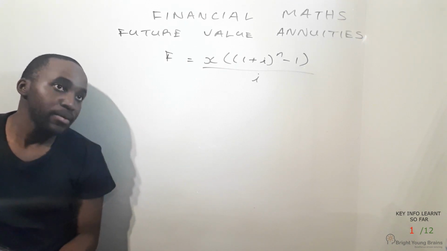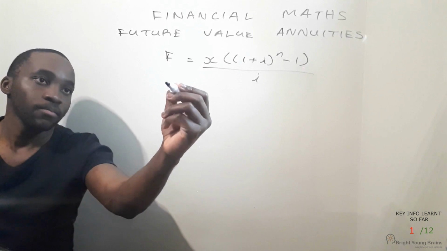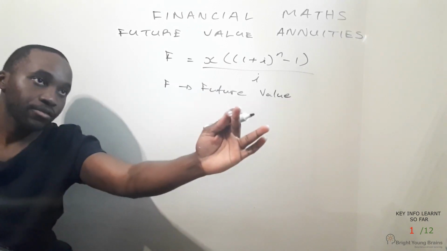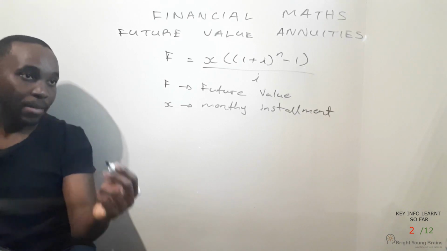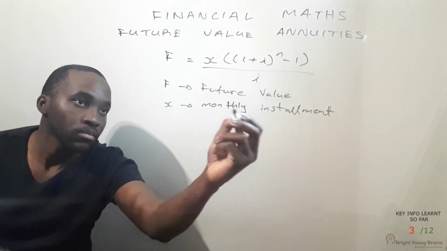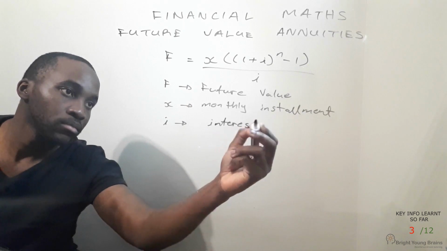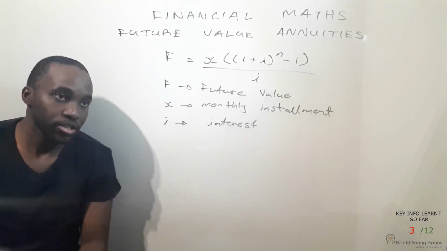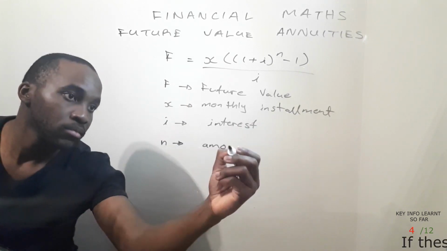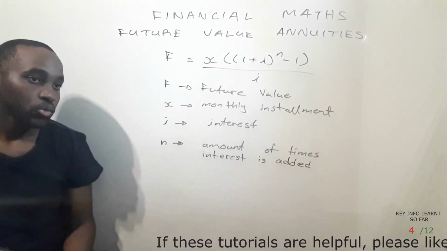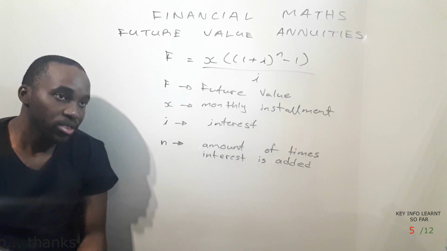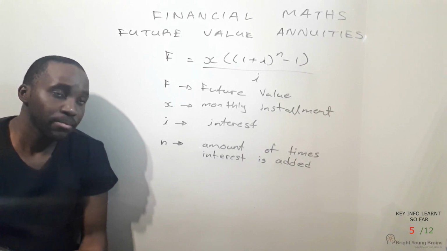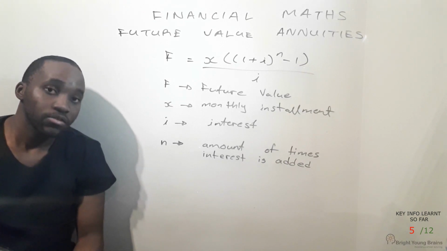Now, what you want to keep in mind is these variables. F is your future value. X will always be a monthly installment. I will always be your interest. N will always be the amount of times that interest is added. Now with these four variables, you want to keep in mind that depending on the kind of description that you're